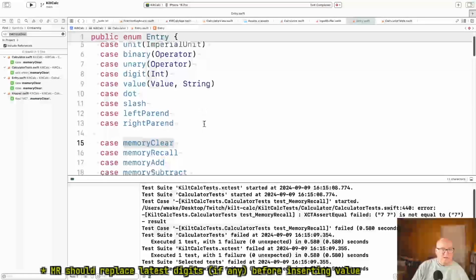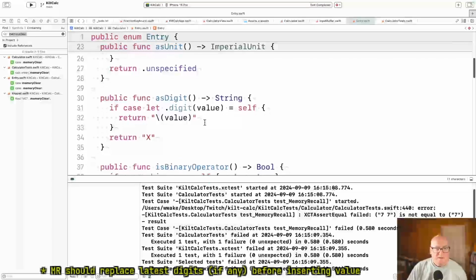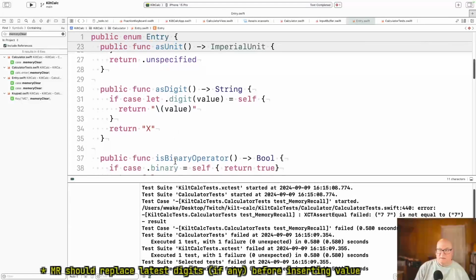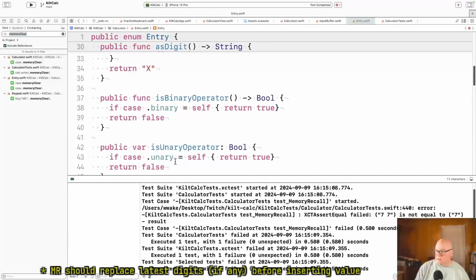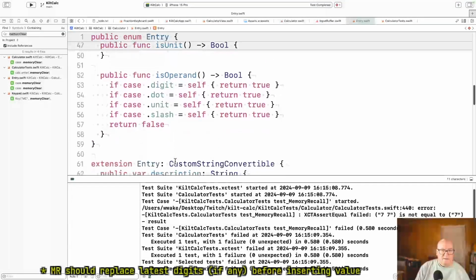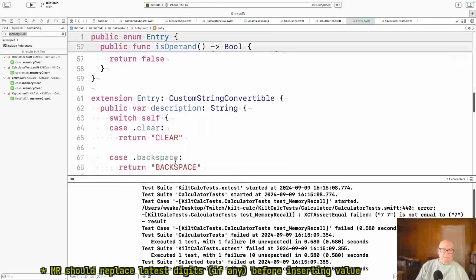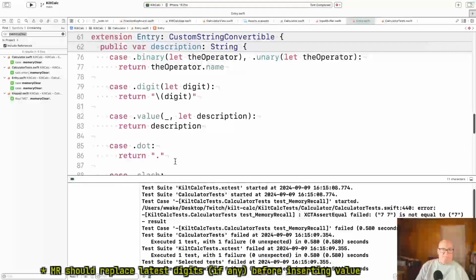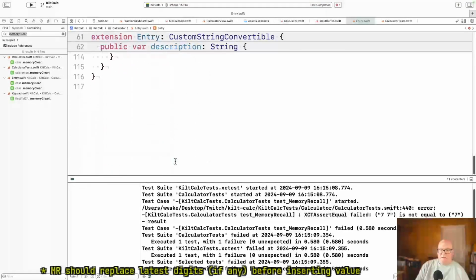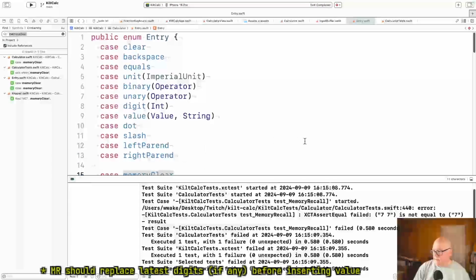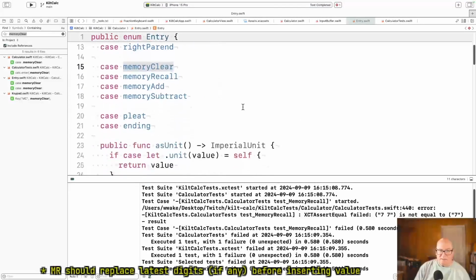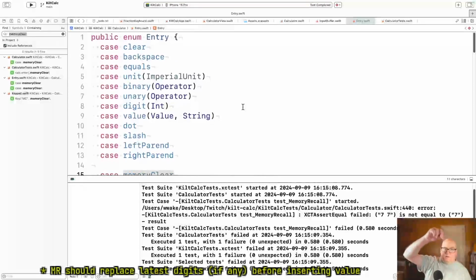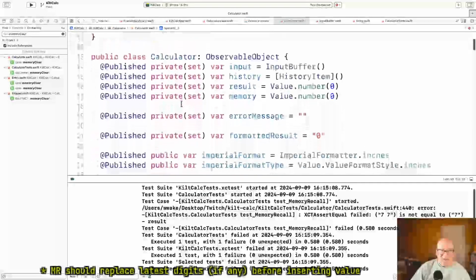Converts the digits to a value when you enter anything but a digit. I don't think that's happening here. I believe what this is recording, almost like keystroke by keystroke, is what's going into the input buffer, but I may be wrong. But I think they share that